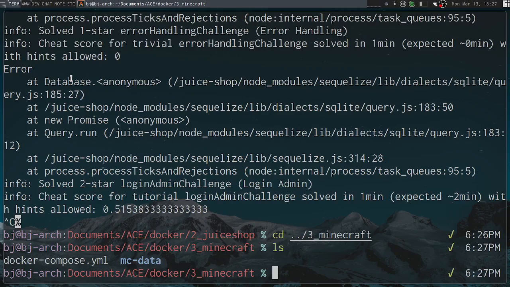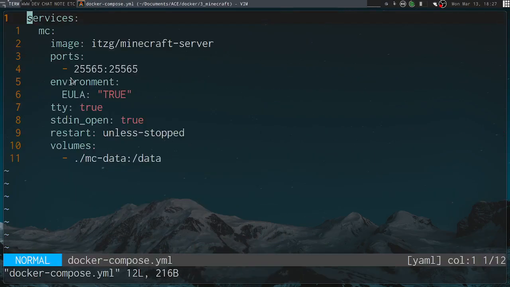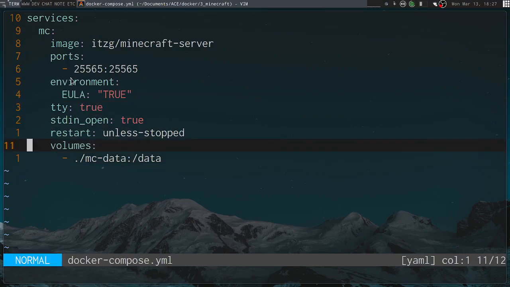But I'm honestly too lazy to do even that. So I've made this Docker compose file that just lists all of the options needed to actually run this server for me.